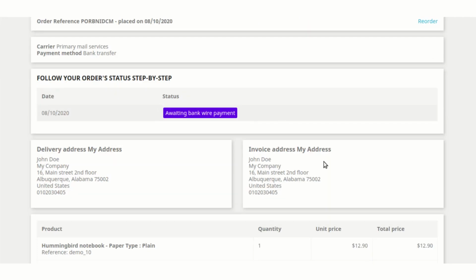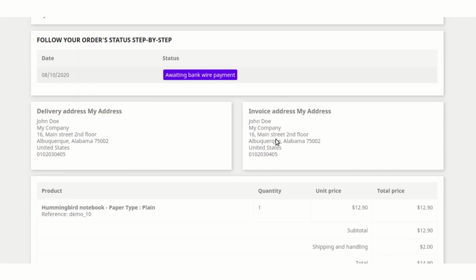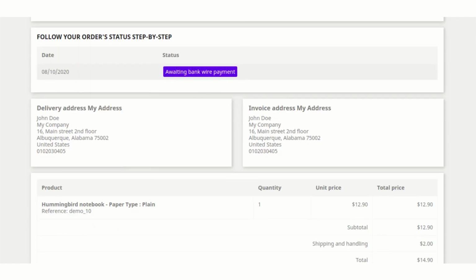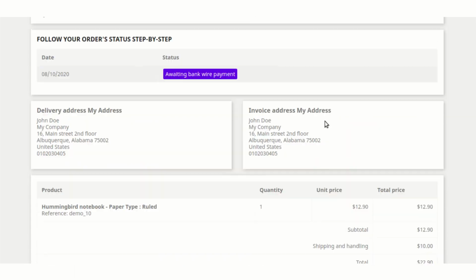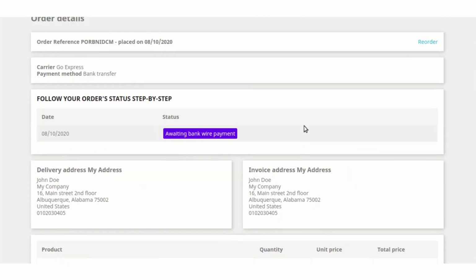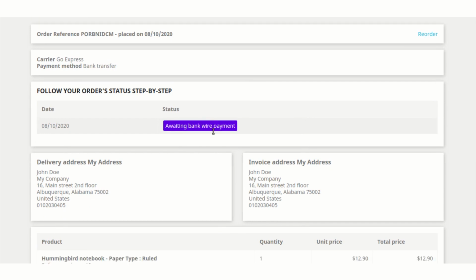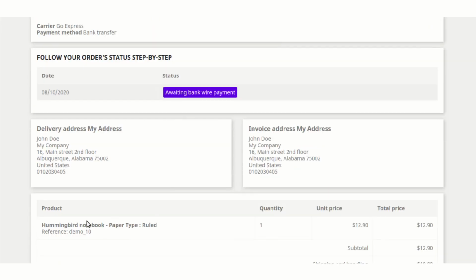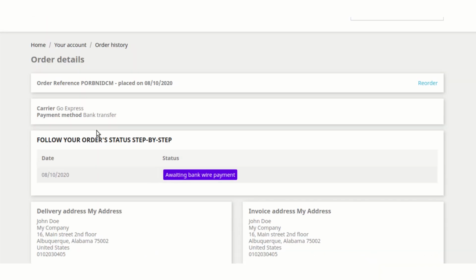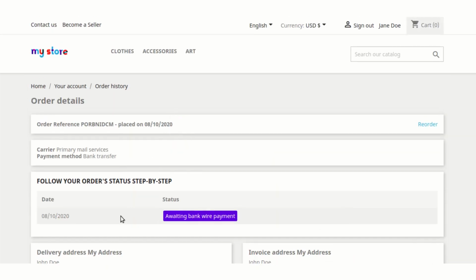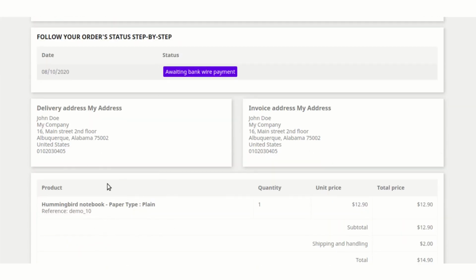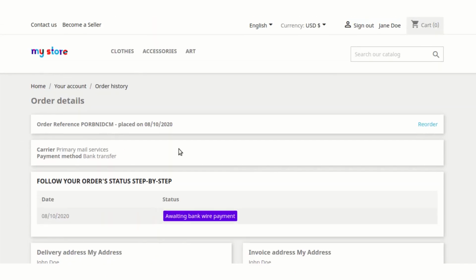PrestaShop assigned two different carriers to both the products, and it calculated the cost of these two carriers into the one shipping method only, which was shown to the customer. As you can see, one particular combination, that is ruled, will be dispatched through Go Express, and the other, the plain one, will be dispatched through Primary Mail Services.